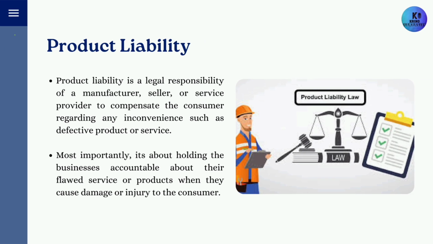Next, product liability. Product liability means the company is responsible if its product harms someone. For example, if a customer gets injured by a faulty appliance or a spoiled food item, the company can be held legally accountable for that. Forensic accountants help by checking the records, calculating damages, and showing whether the company followed safety rules. This ensures that customers get justice and the company stays responsible for what they sell.